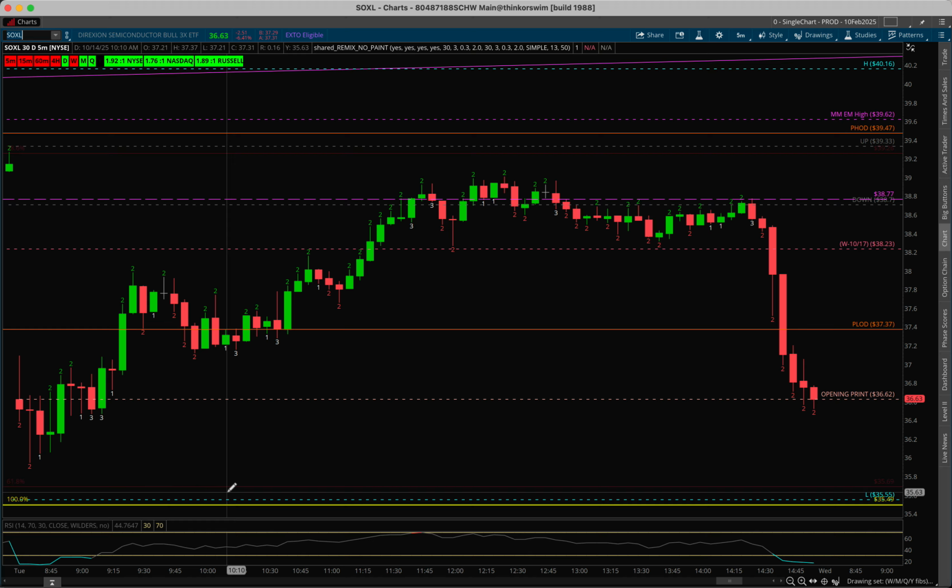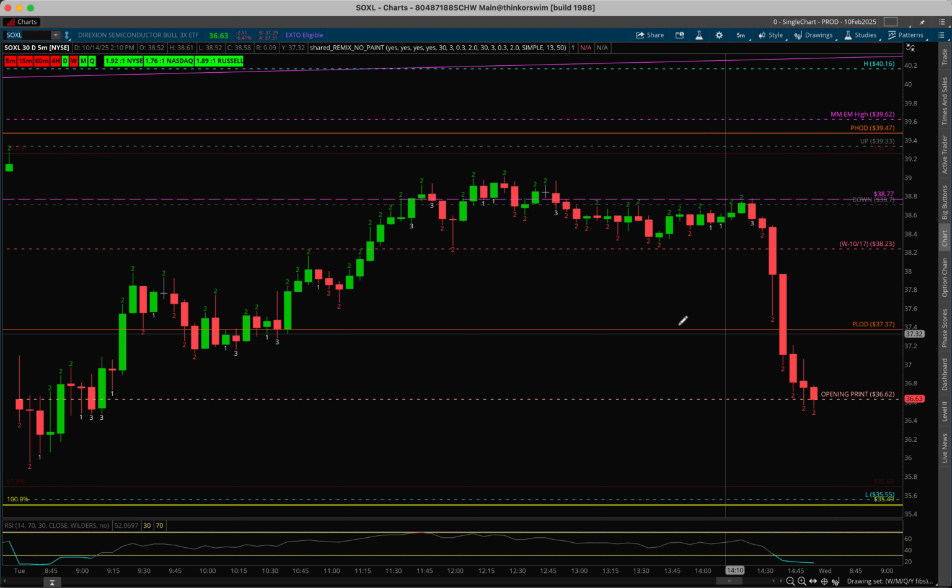notes in a second. Also to mention here on the chart is the market maker's expected move high at 39.62. If you're not familiar with that level, go ahead and check out either our weekend or our Thursday night videos where we dive deeper into the market maker's expected moves. And so we can see that we were able to get